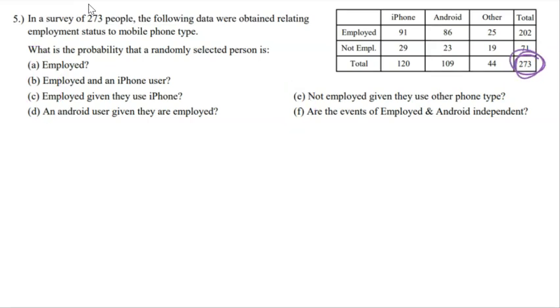Now notice the total is 273, and that's what we're told here, that they surveyed 273 people. So every single one of these probabilities is going to be over 273, okay? So let's look at this one right here. It says, what's the probability that a randomly selected person is employed? Okay, well, employed, how many employed people are there? 202. 202 out of the 273 were employed. This is not a conditional probability. This is a very straightforward, simple probability. So all we have to do here is the 202 employed people divided by the 273 total,